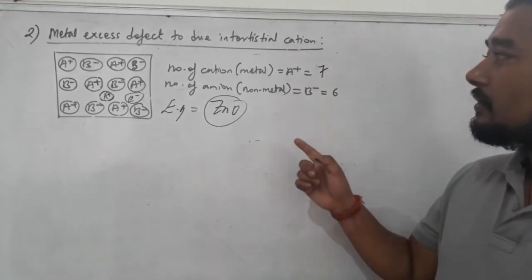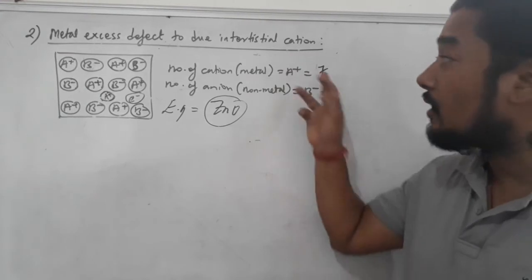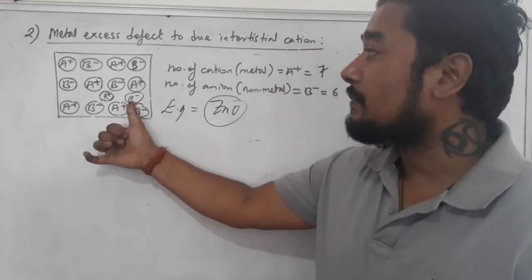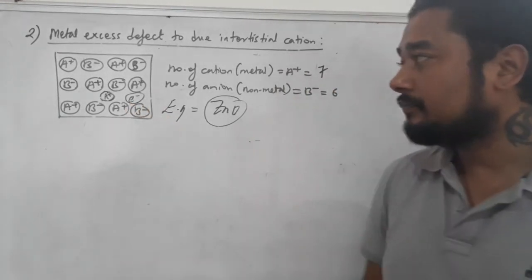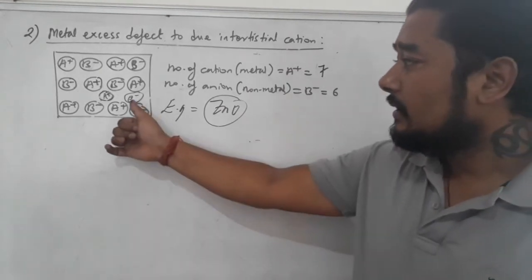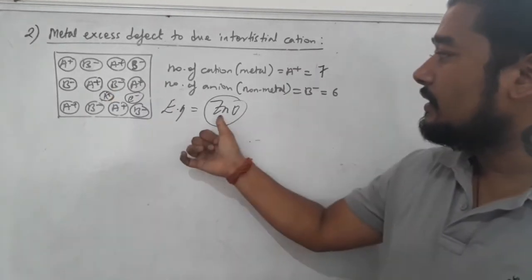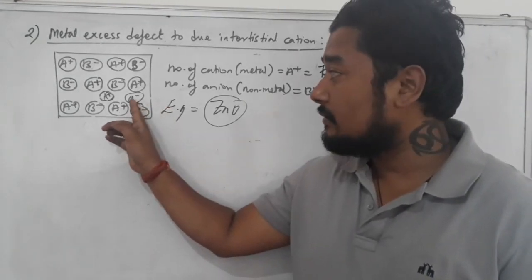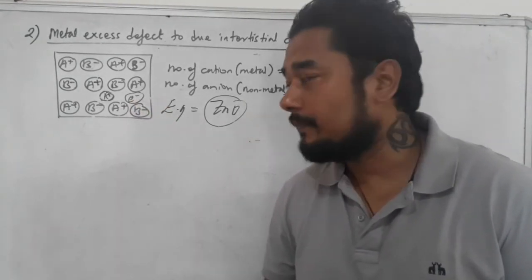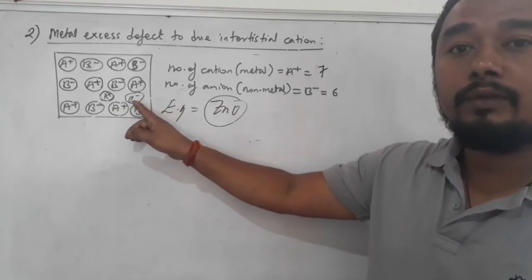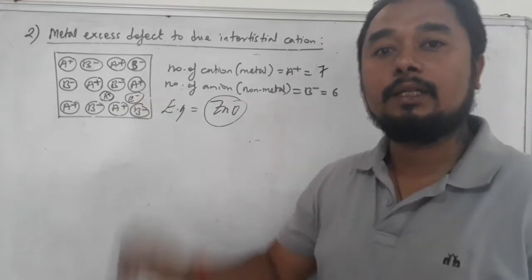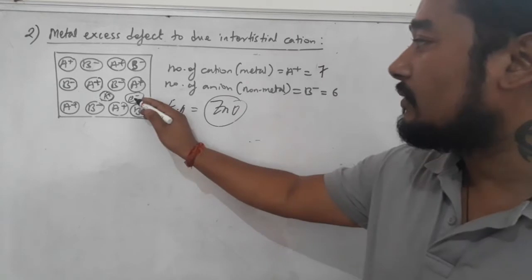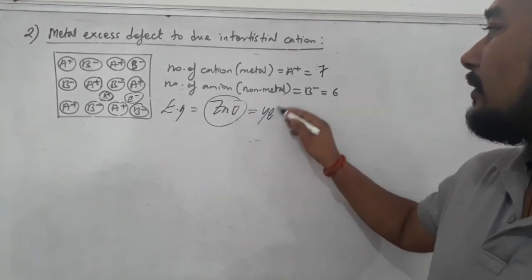In such a defect, though the number is not equal, the charge is counterbalanced by the electron present in the interstitial site. This defect is seen in zinc oxide. Do remember, it is not an F-center, because the electron is not occupying an anionic vacancy here. But this electron is also responsible for imparting color, and because of this electron, our zinc oxide is yellow in color.